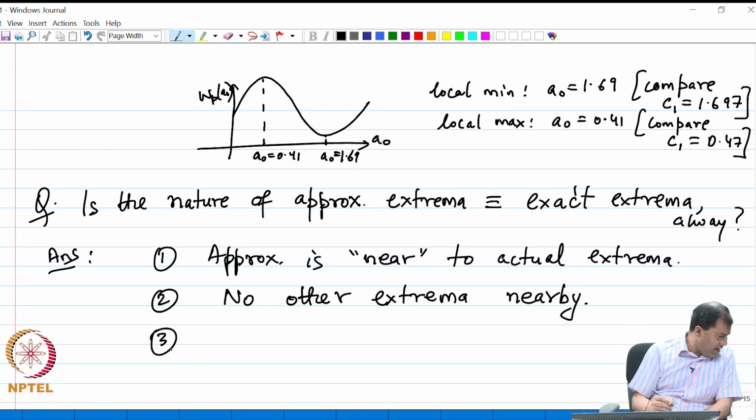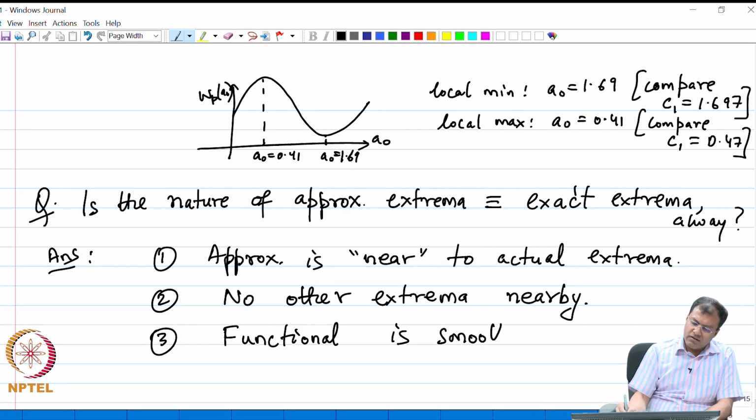And finally, the functional that we are optimizing is smooth, so that the derivatives exist,